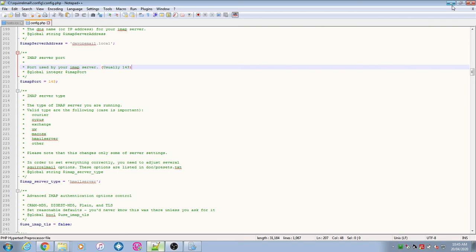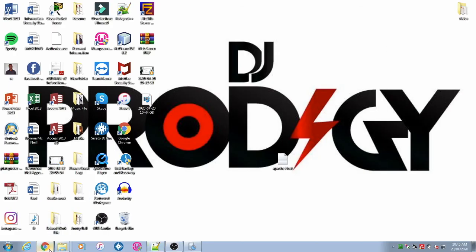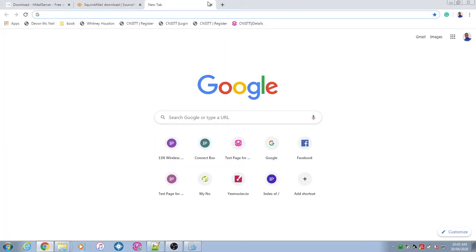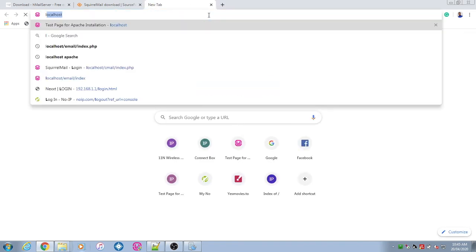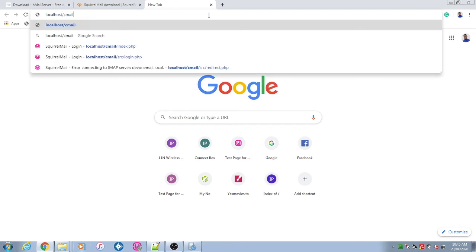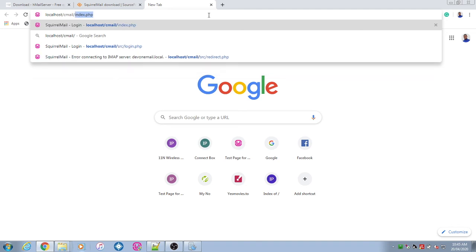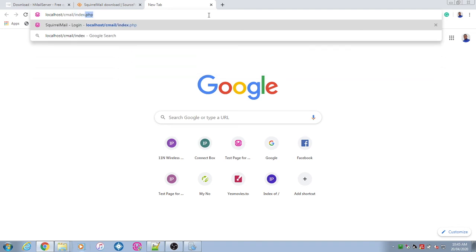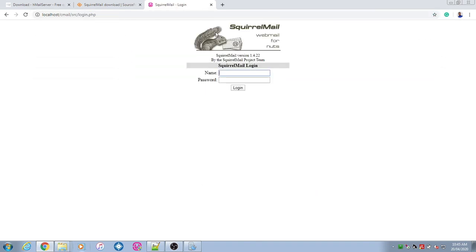Great. I'm going to minimize the screen, and then I'm going over to a new browser, a new tab. So let's close off this tab. I'm going to type in localhost/cmail/index.php. And from here, all you need to do is type in your admin password, and then your password, and